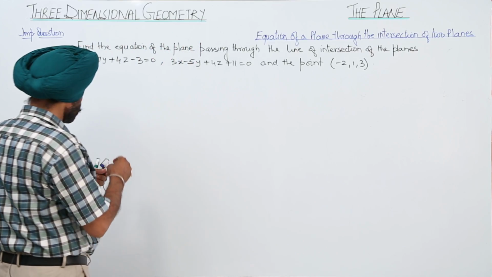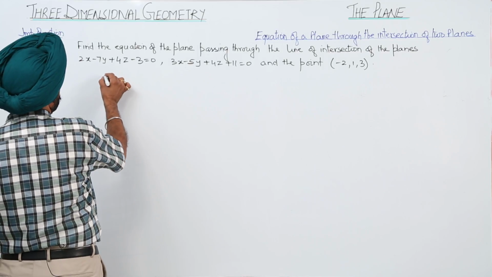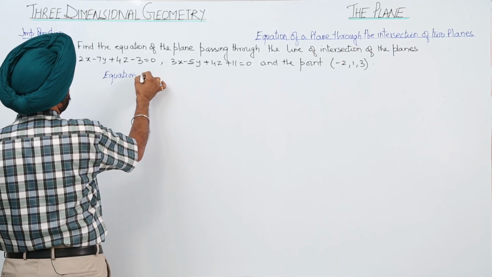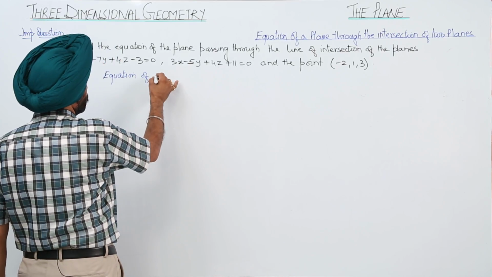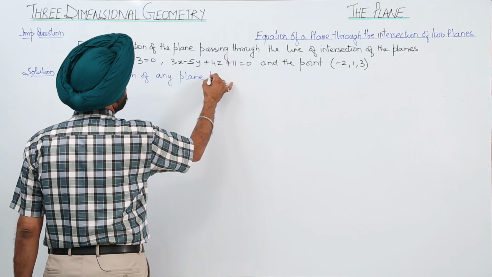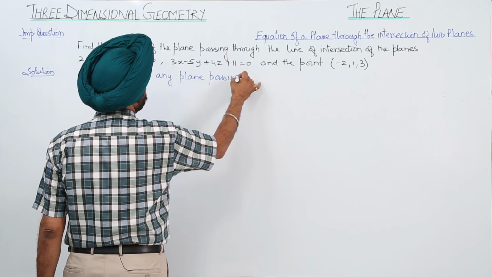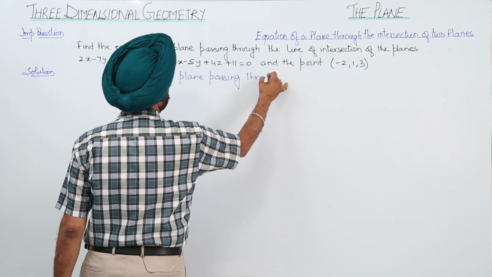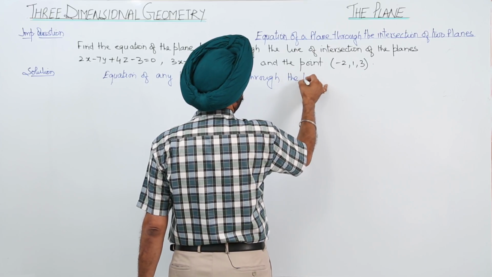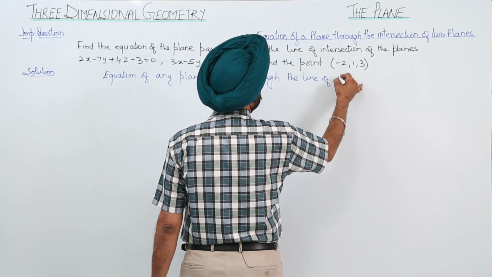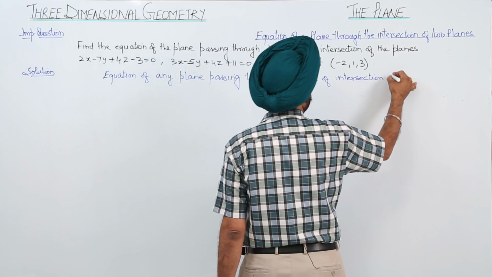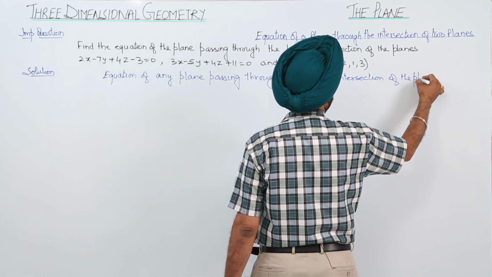Now, the equation of any plane passing through the line of intersection of the planes is,